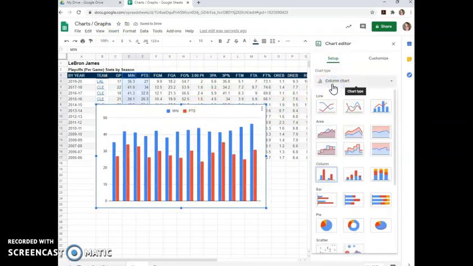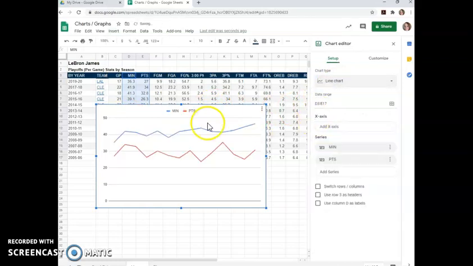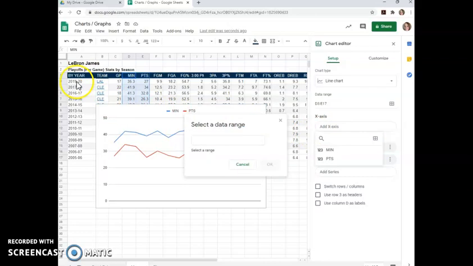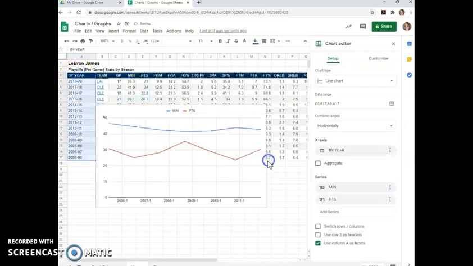And I don't want to do those. I actually want to choose line. And then notice how I don't have an x-axis right now. We are just going to go in there. We're going to select a range and we're going to go like this. Okay. So now it's showing us minutes and points per year,